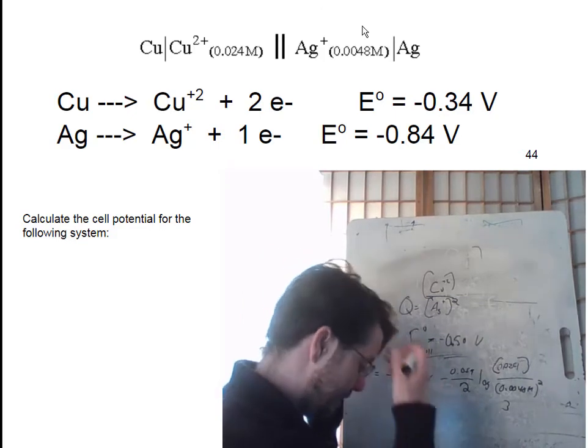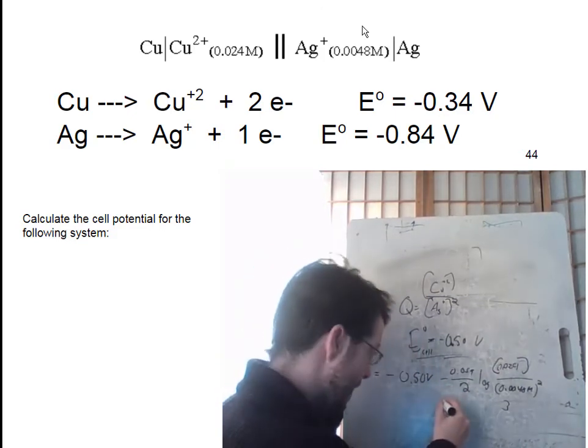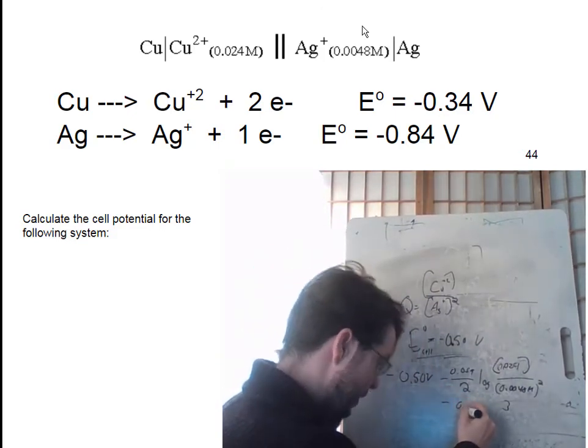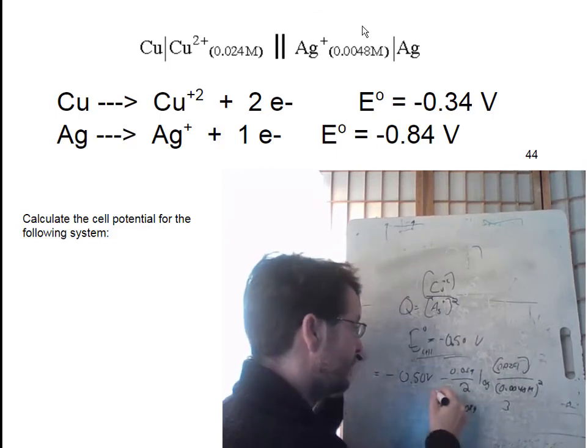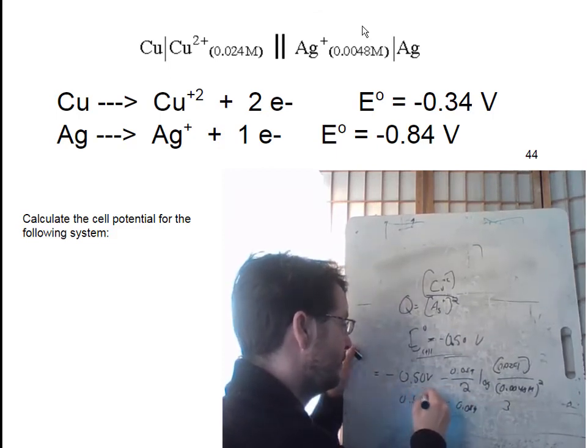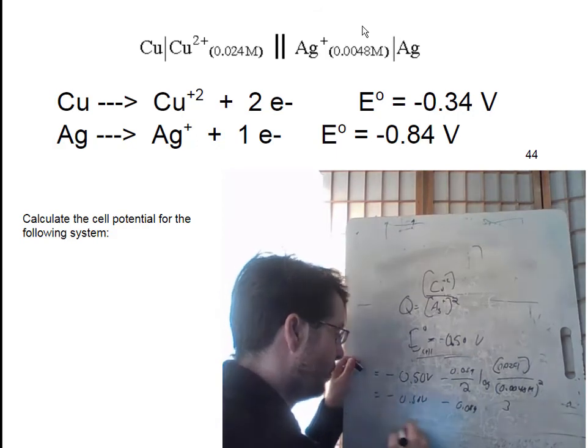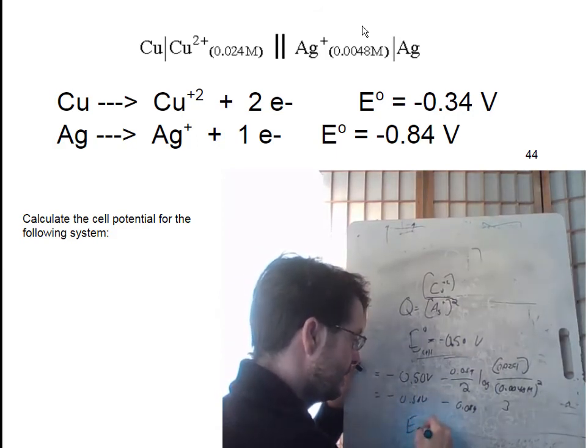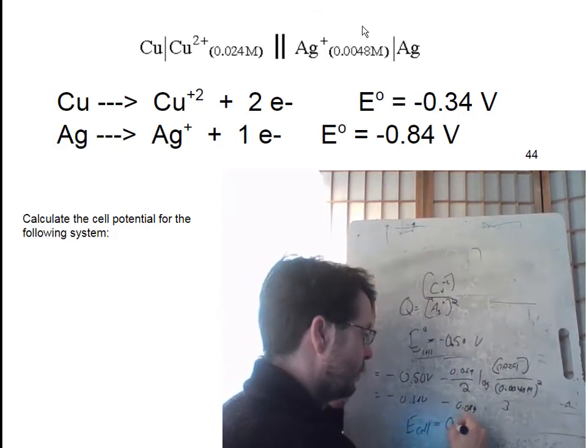So I get negative 0.089 for this value, minus 0.50 volts, and so I get total for the cell, E cell, is equal to